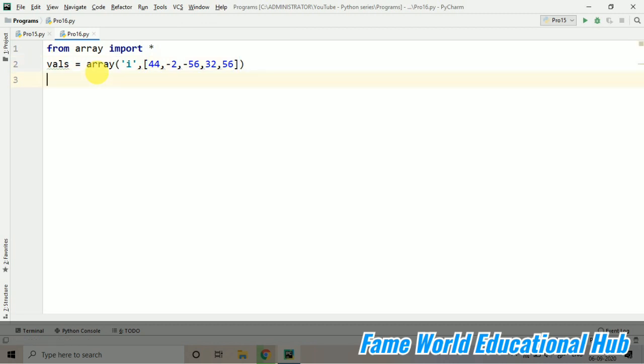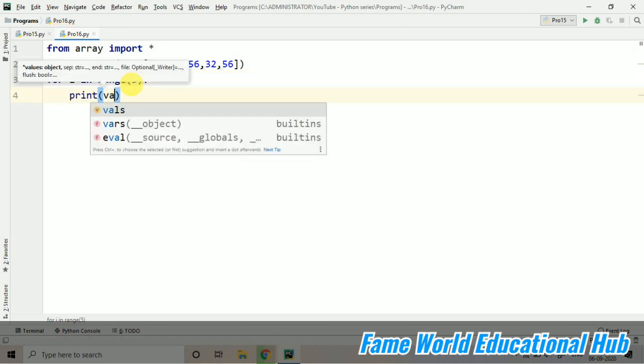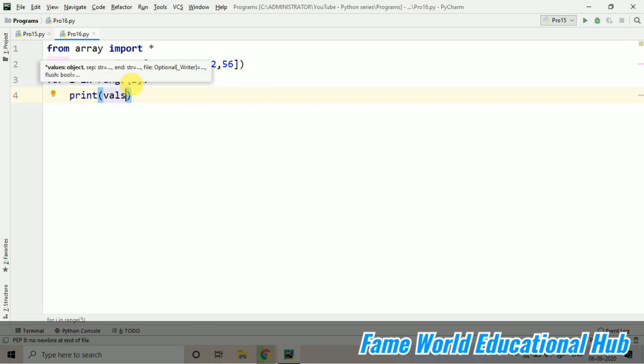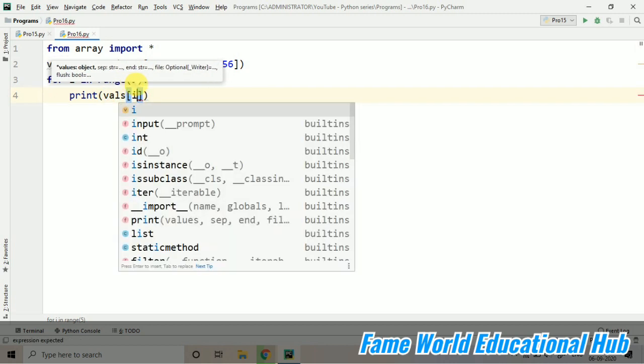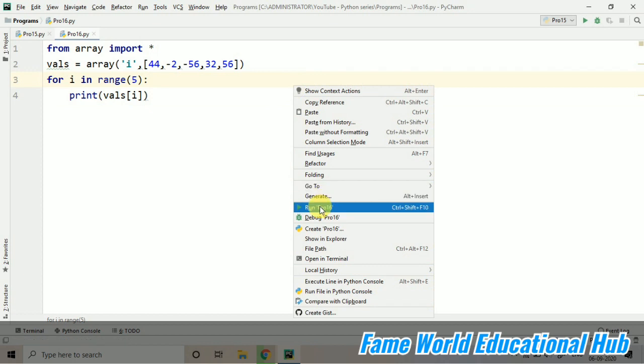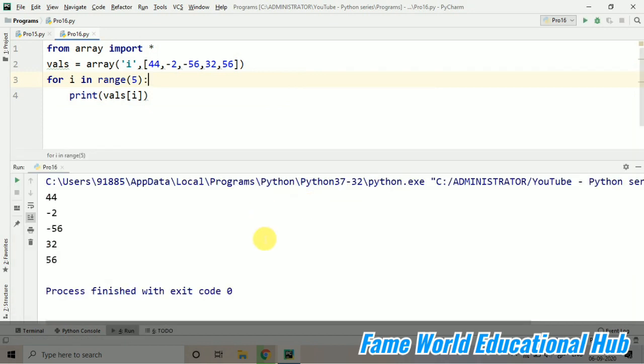Now I'm going to use the for loop: for i in range, I have taken 5 elements so I'm giving 5 here, and we just print vals of i. Let's run it. It is a traditional way which we use in different programming languages. Using the for loop, you can print your array.